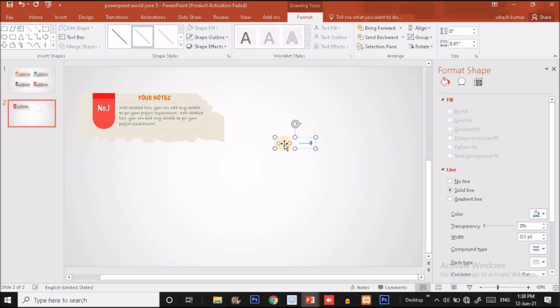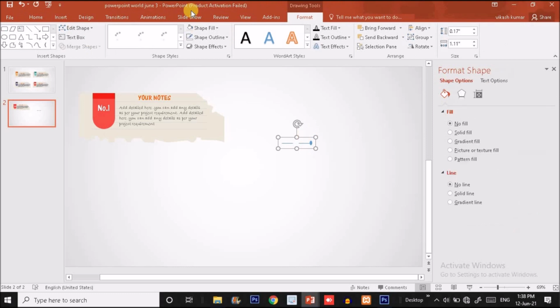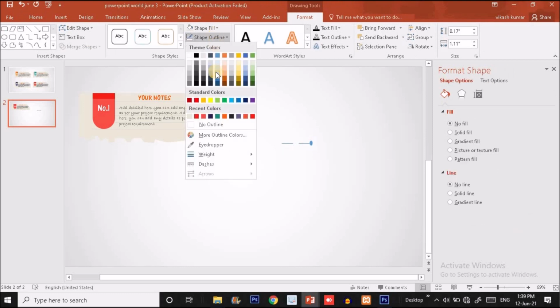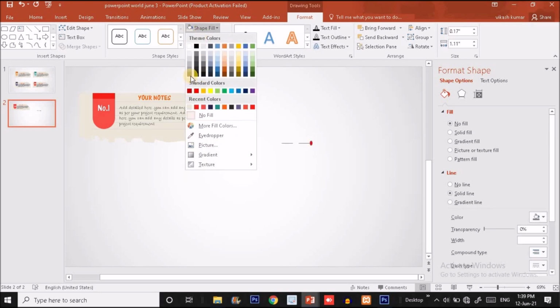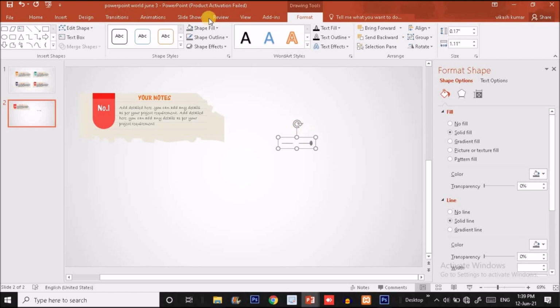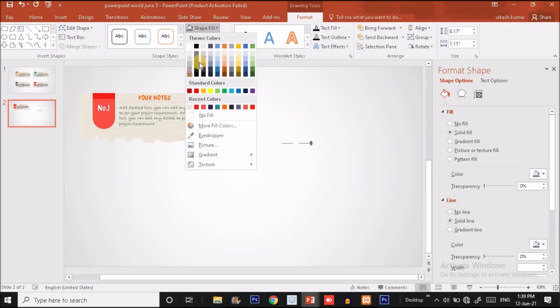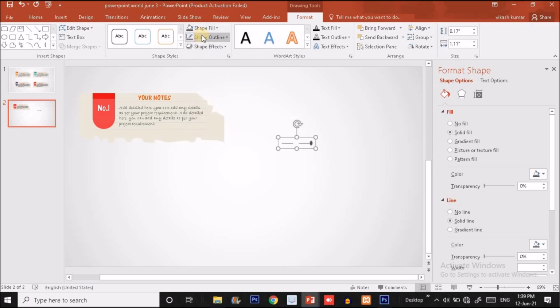I will slightly make it closer to the previous one, and finally I'm going to change the color of the outline. So I'm going to make it something black, this much, and again choose the fill like this much. I think it should be some more darker like this much. And now I will put this pin over here and rotate it like this to give a realistic pin effect.